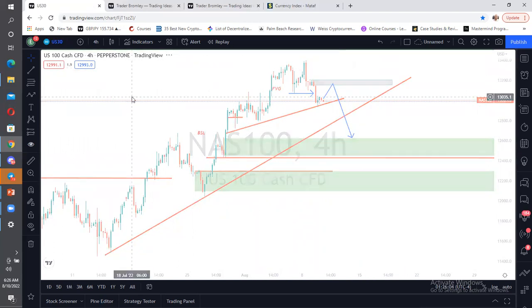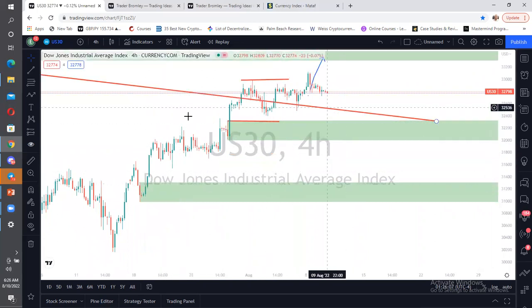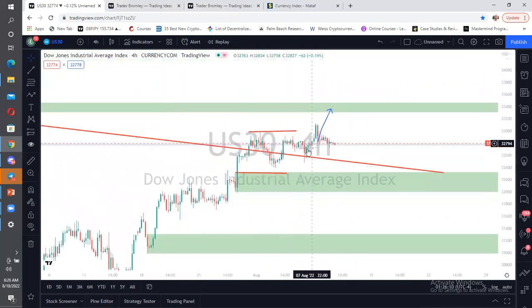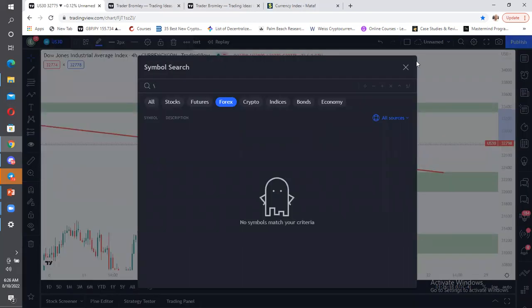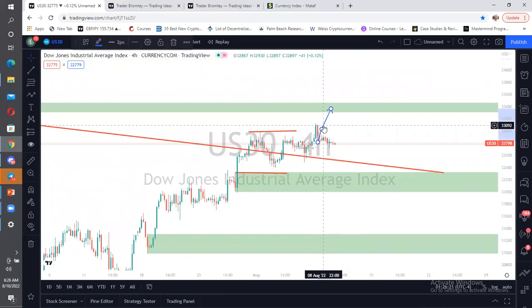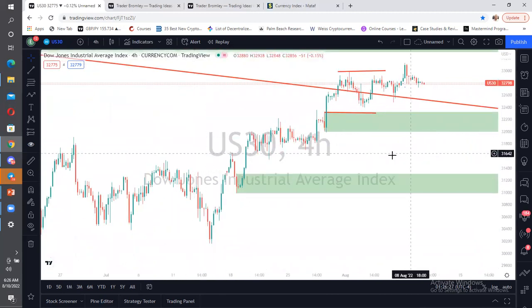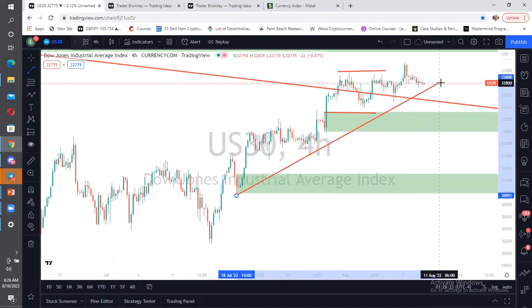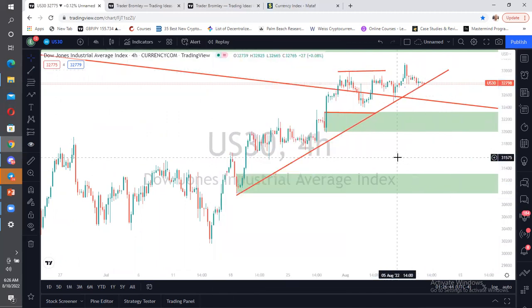Then I'm going back to Nasdaq, US30. US30 played just as Nasdaq, but did not get to this particular level. And also, we still have US30. It has not really broken structure in 4 hours. So I have my trend line. This trend line here is broken. So I have this trend line.